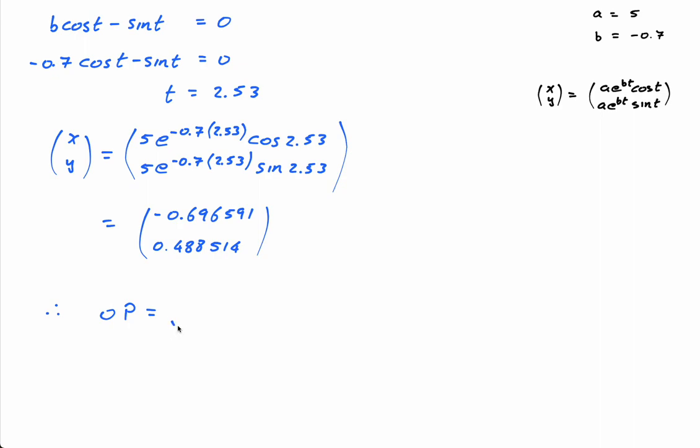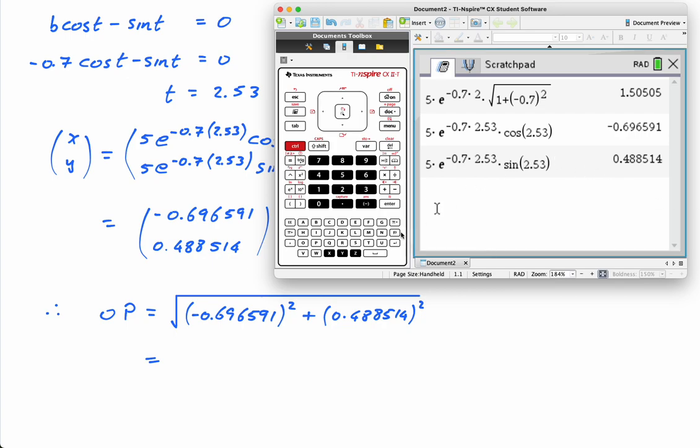It's the magnitude of a vector. So it's the square root of negative 0.696591 squared plus 0.488514 squared,